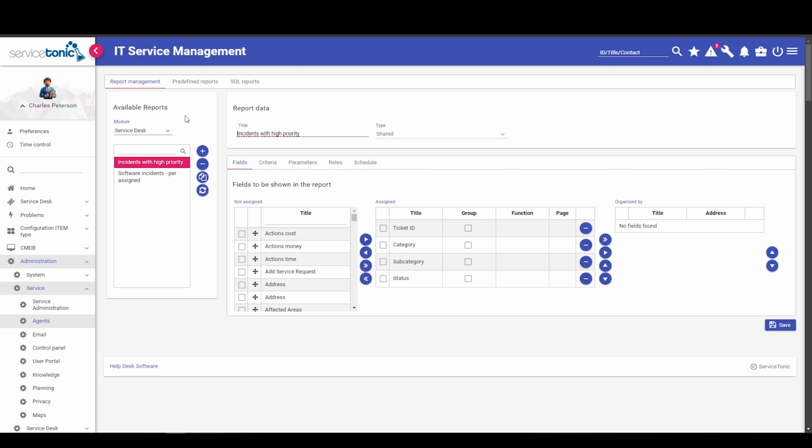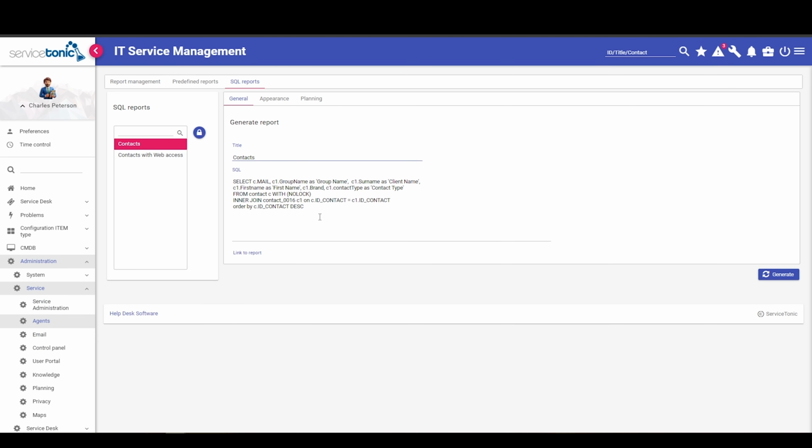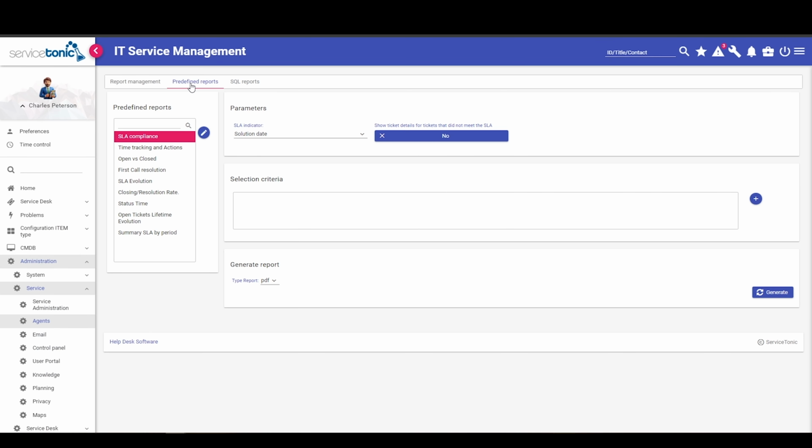In this section, we can choose between 3 different types of reports. Now, let's begin with the SQL reports. As shown here, these require specific knowledge of the database for their generation. Then, we have the predefined reports. These are the reports that ServiceTonic offers by default and come pre-configured with the option to add criteria or modify